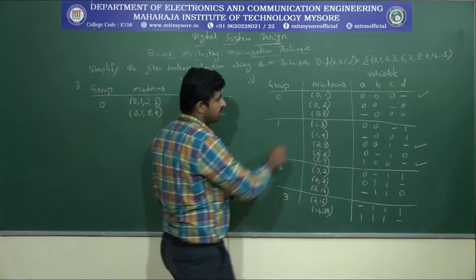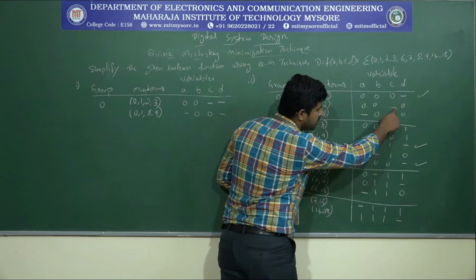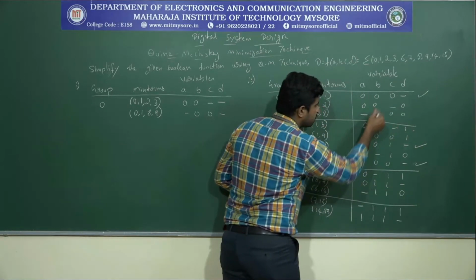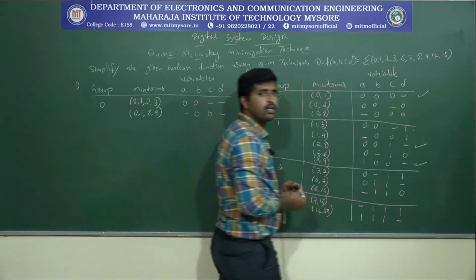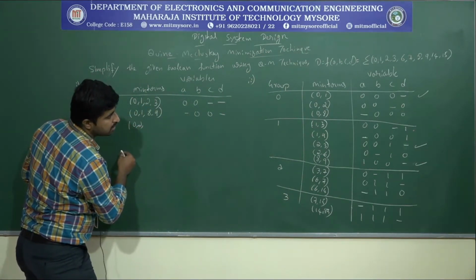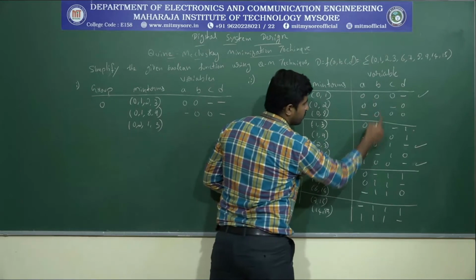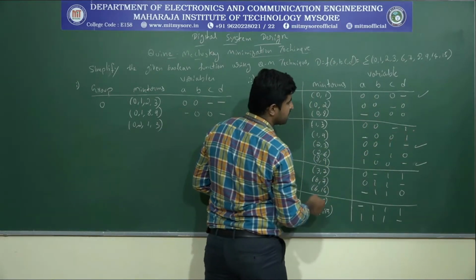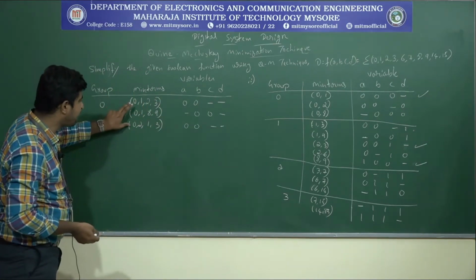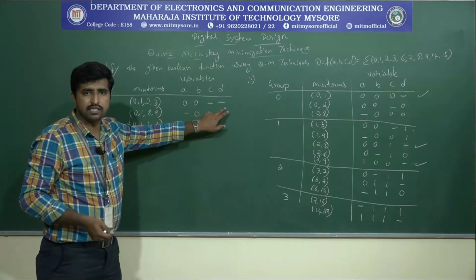Hope you can understand. Now let's see 0, 2 with any other. 0, 2 means the C position is dash, so this is the only possibility. Let's compare 0 0 0 0, 0 0 1 with it. Yes, we can group. So we can group 0, 2 and 1, 3, giving 0, 0, dash, dash. If you see this one, both are actually identical: 0, 1, 2, 3 and 0, 1, 2, 3, and the dash positions are also the same.